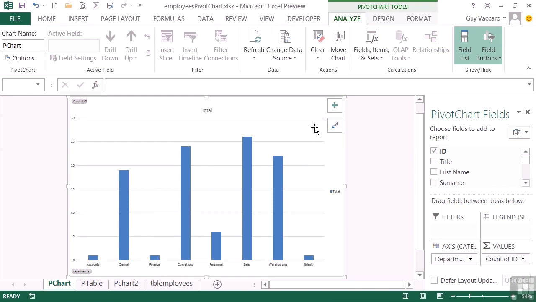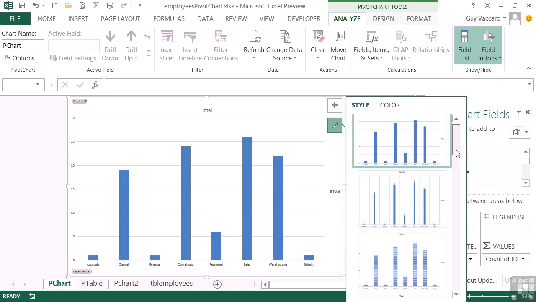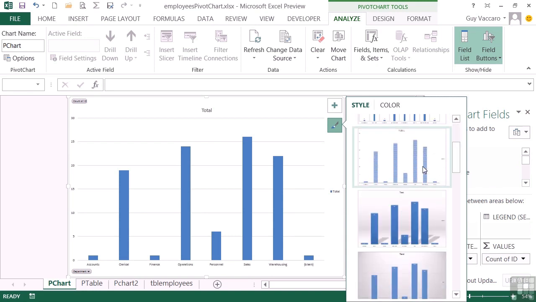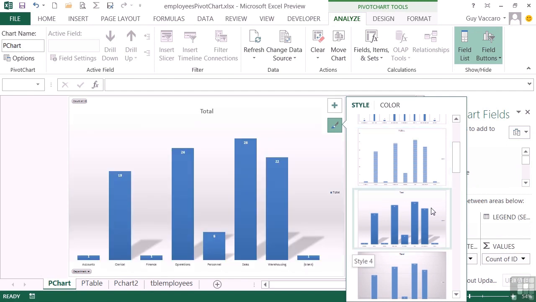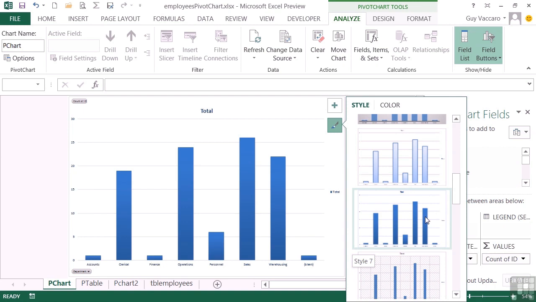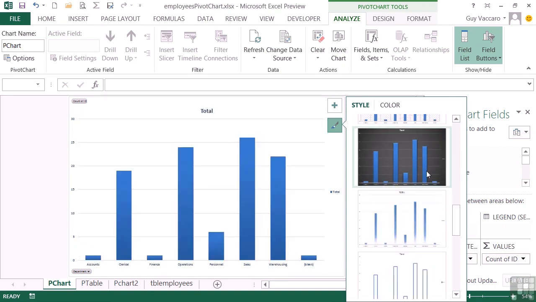Now on the actual chart itself, there are two little boxes to the top right here that are extremely useful to us. Let's use the little paintbrush one first. This controls the style of the chart. And you can see we have wide bars, narrow ones, sort of stacky type ones where there's a little separate box for each amount. Then you've got some trendy drop shadow ones, some gradient fills, some sort of dotty background ones, inverted colors,